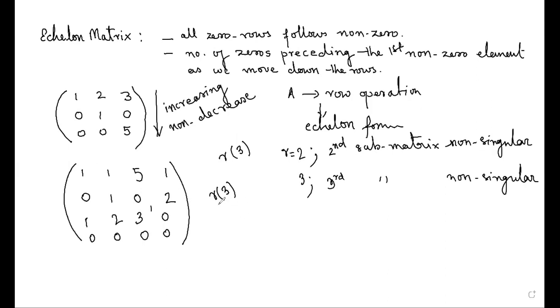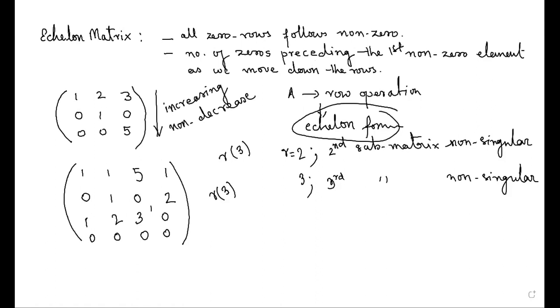Okay. So what I can say is that the rank of the matrix is 3 because we are getting at least one third order submatrix which is non-singular, and every matrix of order greater than 3 is singular. So this is the way we can go. We can move on by definition, but it is a tedious task to check each and every rank. Say I first check whether rank equals 2, then whether it is 3 or not. So instead of doing that, there is a procedure. There are some steps where we can utilize the concept of echelon matrix to identify the rank of a particular matrix. So let us do those steps first.